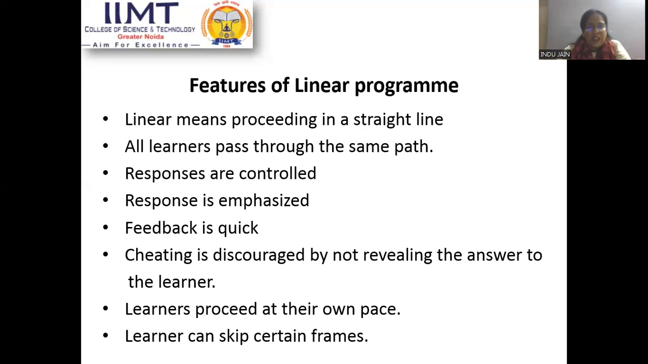The features of this linear program: first one is linear, meaning proceeding in a straight line or in a straight path. There is no here and there, simply a straight path. All learners pass through the same path. Responses are controlled by the programmer. Response is emphasized. It is very important in linear programming to give the responses to the questions to move further